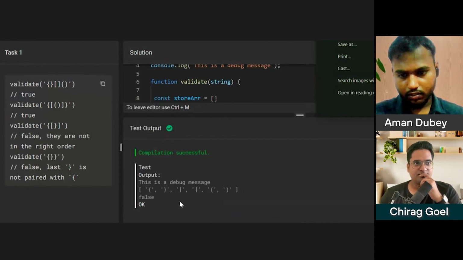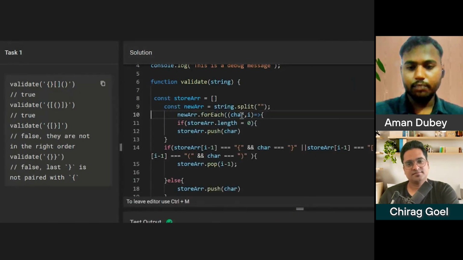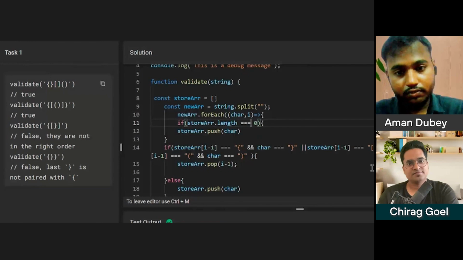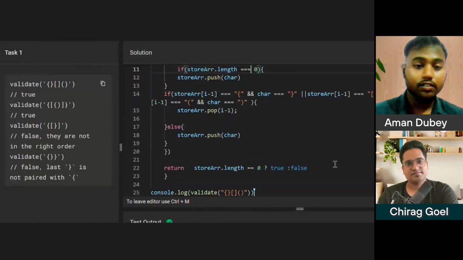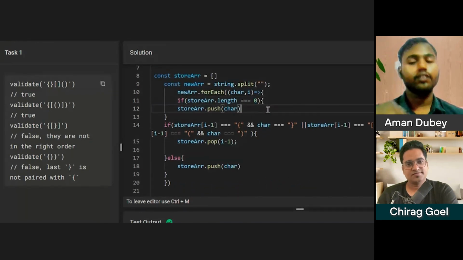Okay, this is correct. This is correct. What is happening? We have this character first one. If the array dot length is 0, we're setting this length to 0. Now we have set it to if the length is 0.